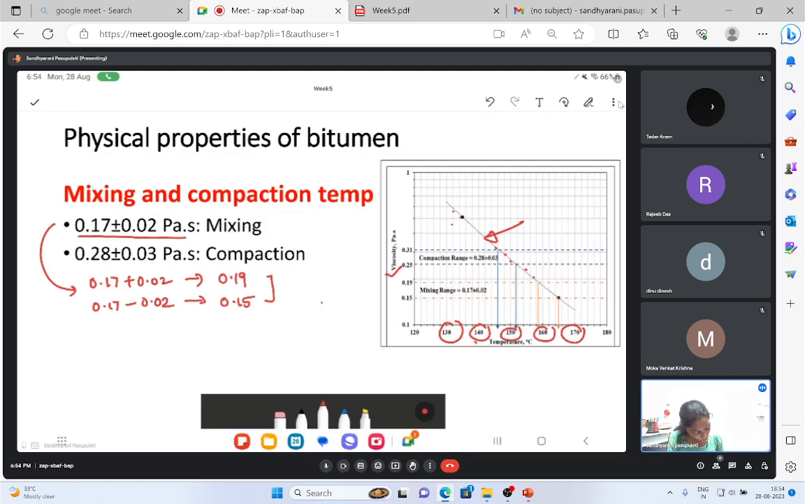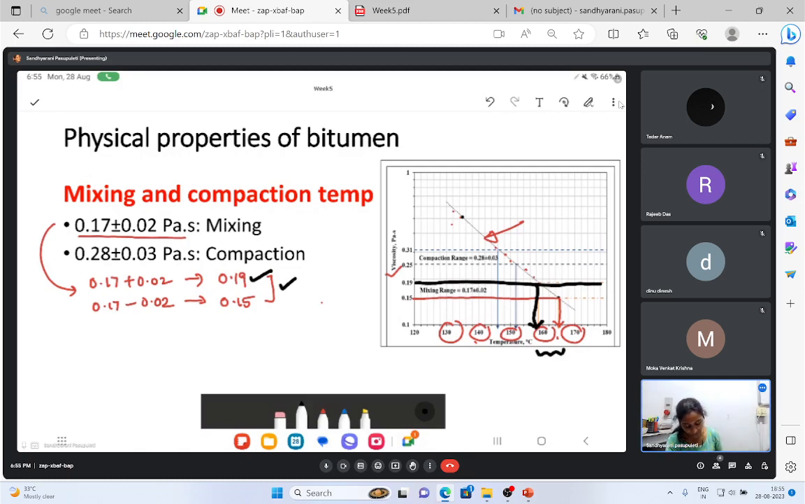So corresponding to the 0.15, what is the temperature? It is more than 160. Then corresponding to the 0.19, what is the temperature? So these are the two temperature ranges for mixing. If you are able to maintain these two temperatures while mixing, you can ensure that the mixing of bitumen